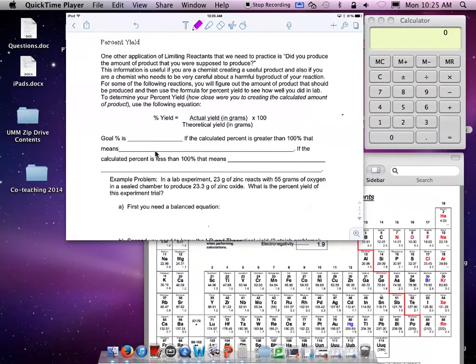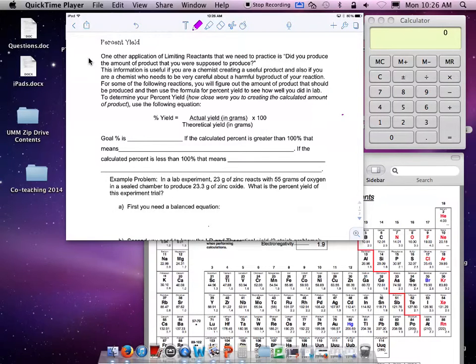Right, today our topic is something called percent yield. So you've already spent some time talking about limiting reactants, of which the main goal is to figure out which reactant runs out first, and that stops your reaction from continuing. Well, another application of limiting reactants is to say, okay, did you produce the amount of product that you were